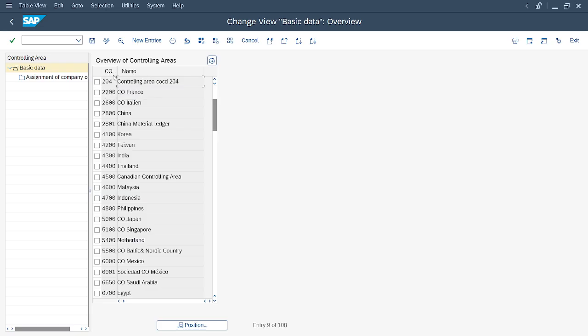Here we have positioned the controlling area, not the company code. So the controlling area will be assigned to the company code, but in the rest of the assignments, what we have done is assign the company code to the other objects we need: fiscal year variant, field status variant, or the posting period variant. So it is a little opposite.